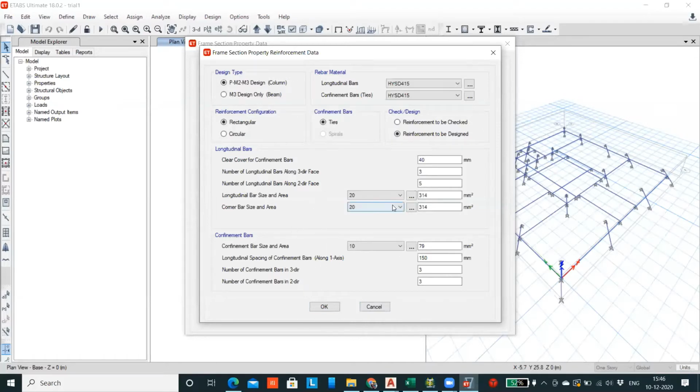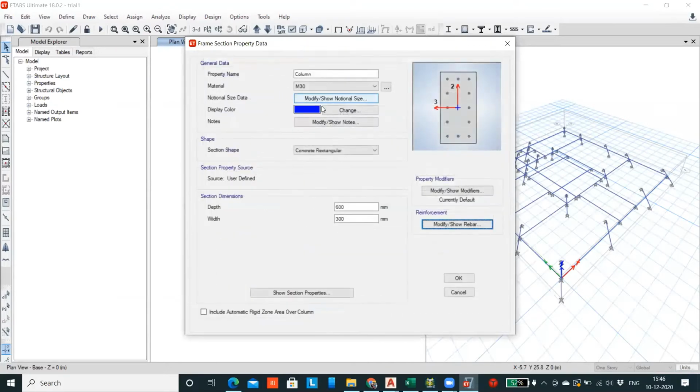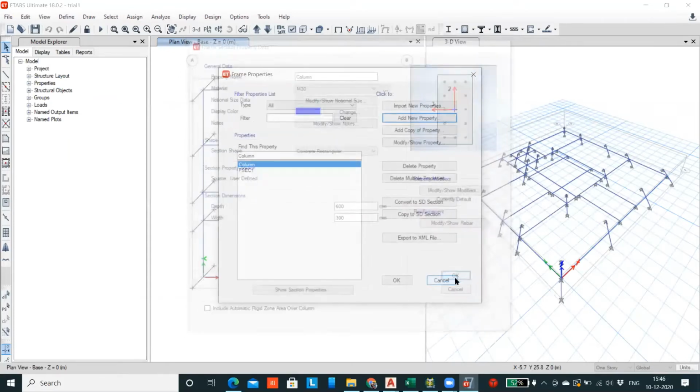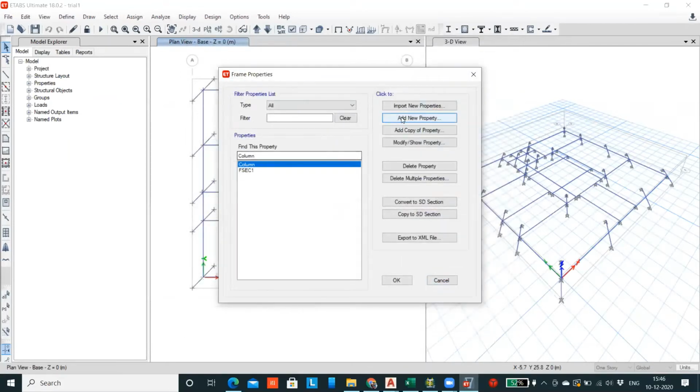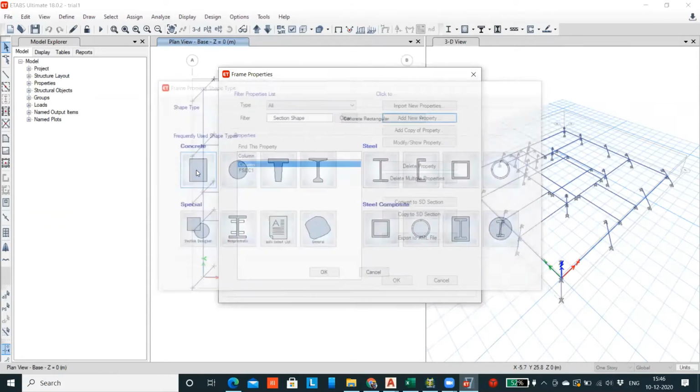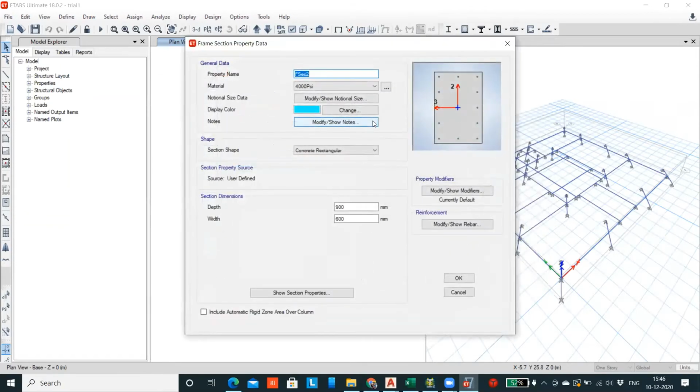Okay, so after this, you have to click on OK, and then you have added the column over here. I can add a new property, rectangle. Select the rectangle one, and this time I'm going to give beam, and the material over here is M30 grade of concrete, and the beam depth also I'm giving as 600 by 300 for the time being.